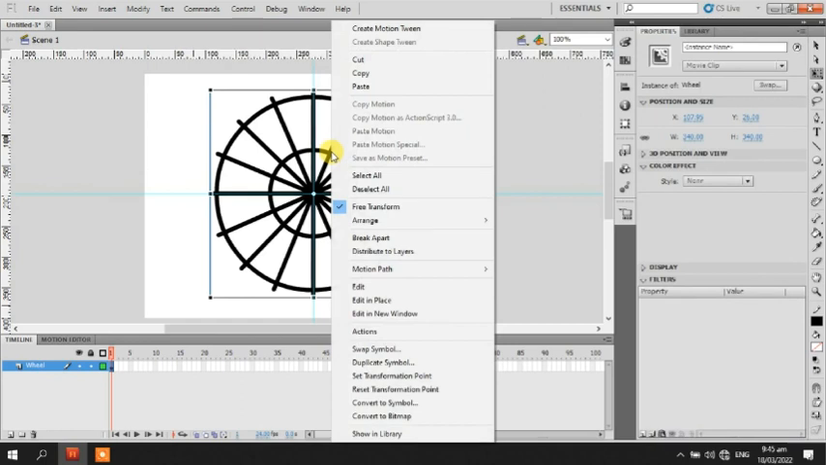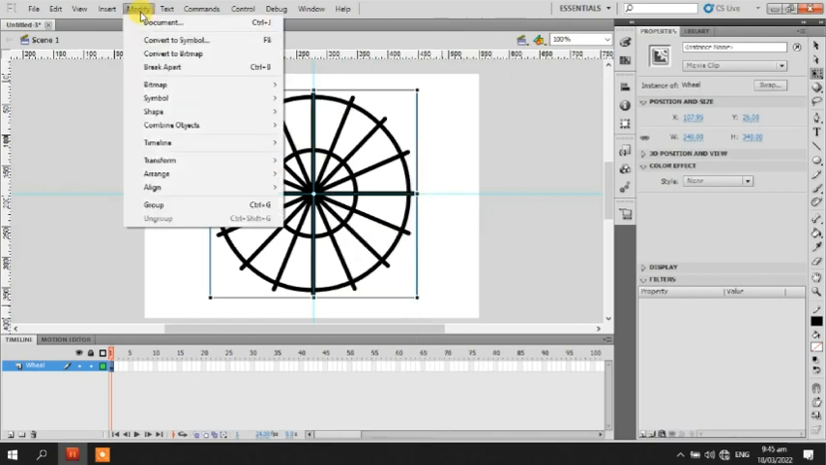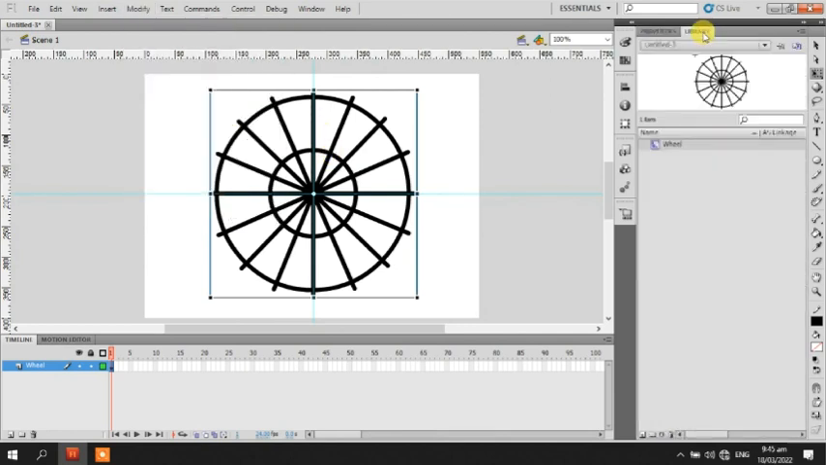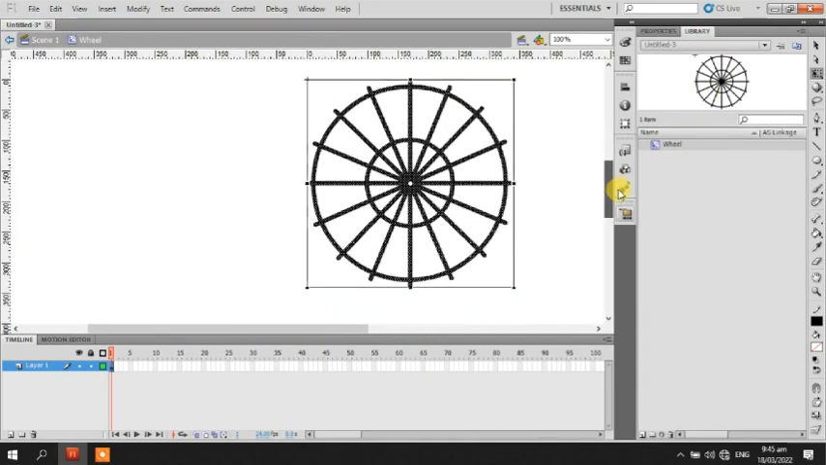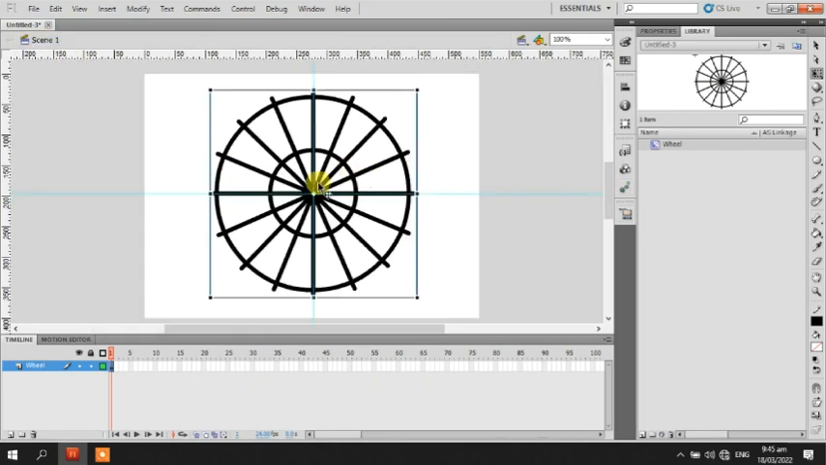we need to right click and then go to the library, and there we will see the symbol. Then when we see the symbol we will just see it in scene 1, and then after that we need to